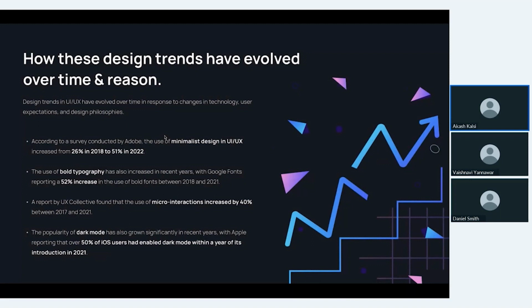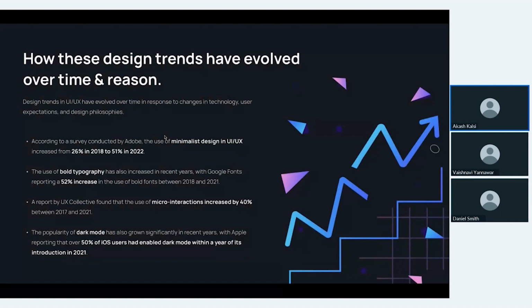Also, we often say that minimal design is a modern design and became very popular in recent years, especially, I feel, due to the rise of mobile devices and the need for responsive design. Why I'm saying this? Because if I talk about the UX point of view, minimal design improves the usability and accessibility of the interface because it helps us to make our designs for different screen sizes, and we don't need to adjust a lot with it.